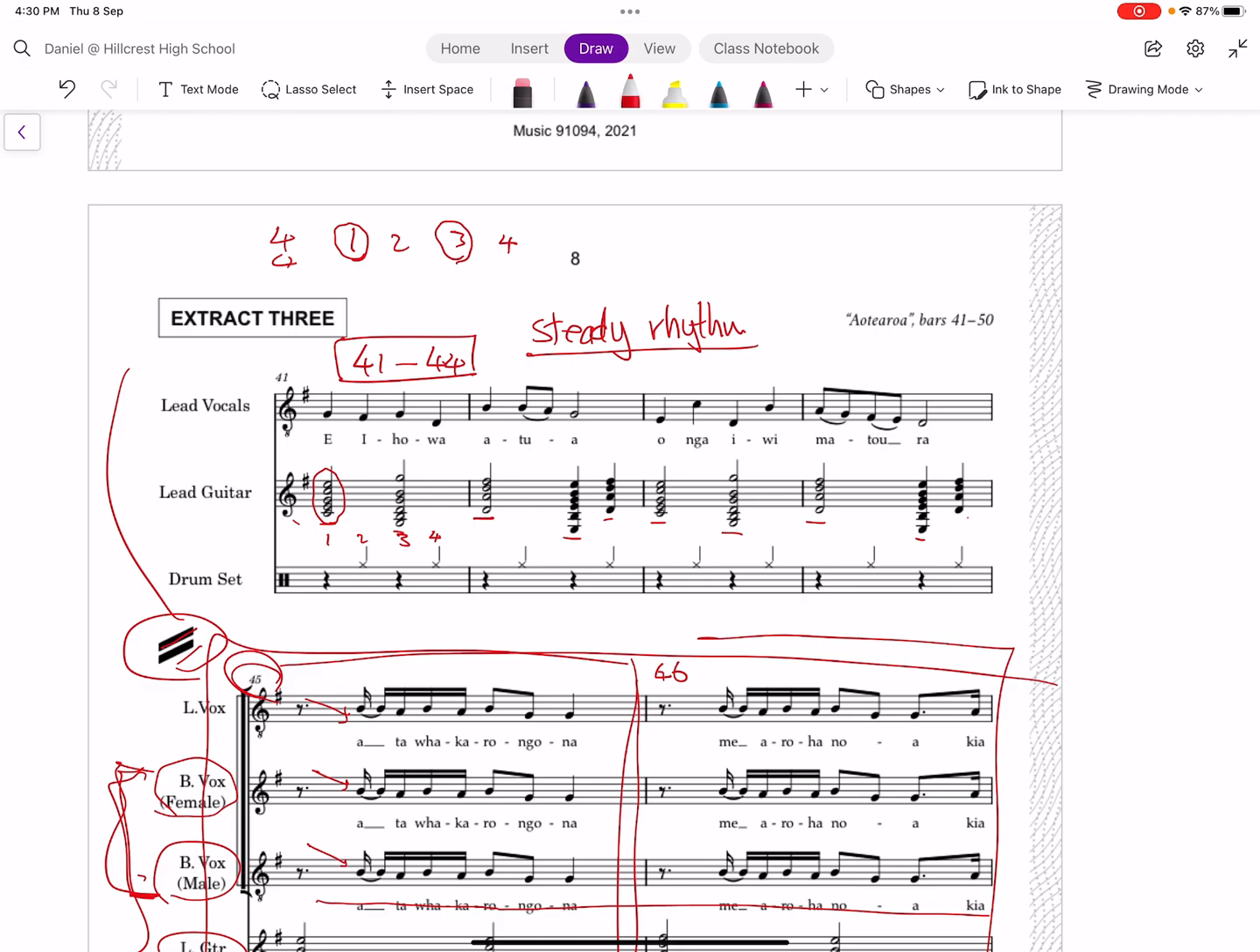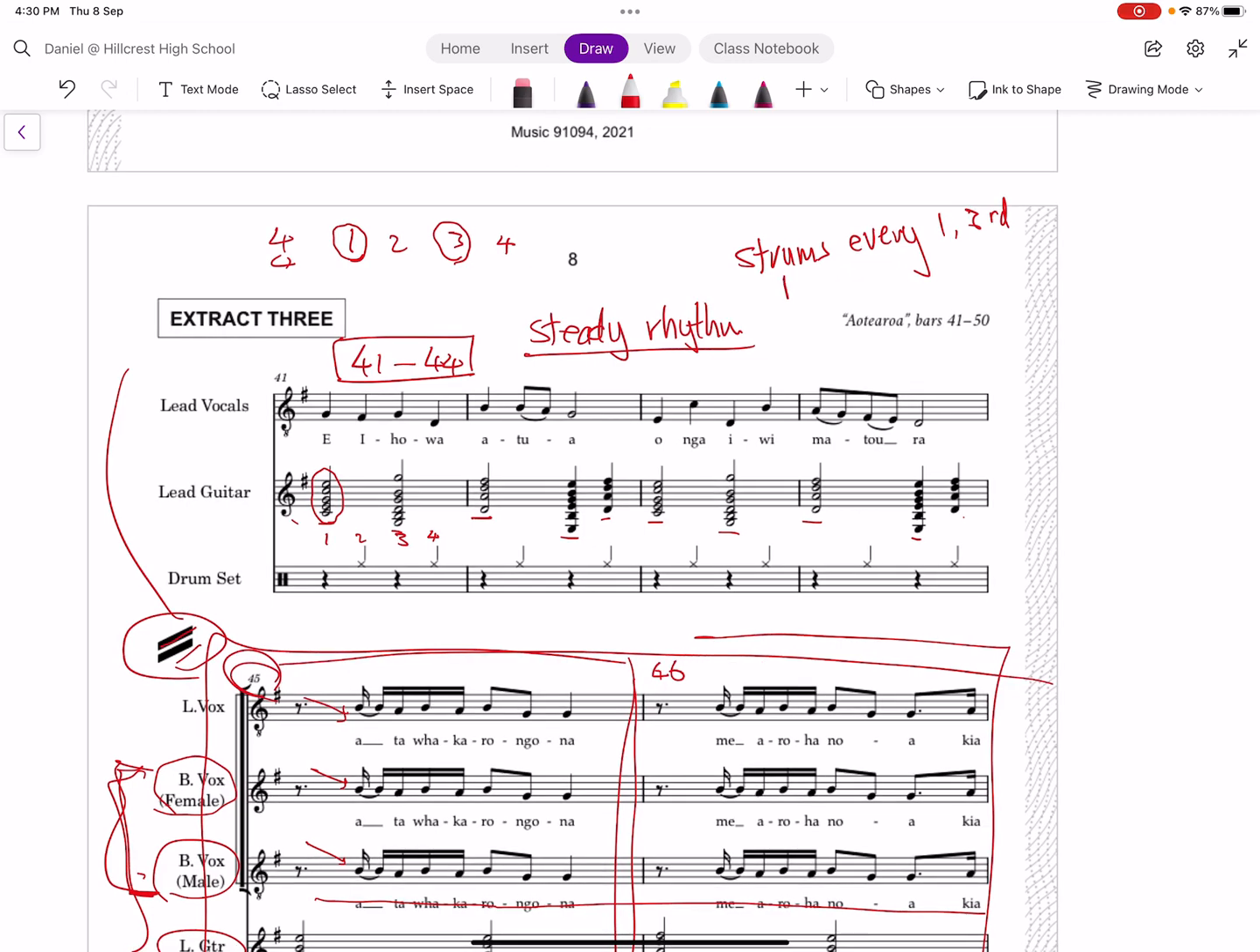So we feel quite secure because the lead guitar provides the harmony with strums every first and third beat, which are the strong beats. Okay. So it doesn't quite have that reggae feel, but it has sort of a remnant of a reggae because